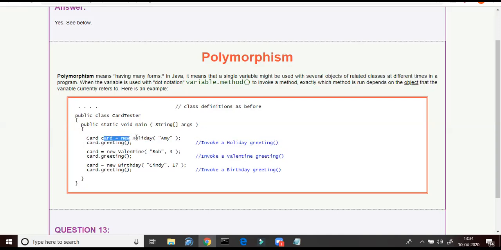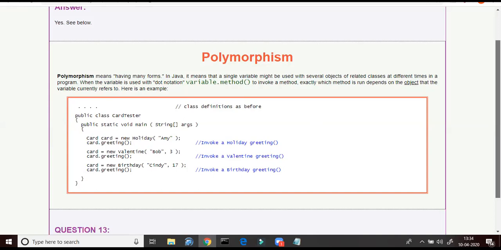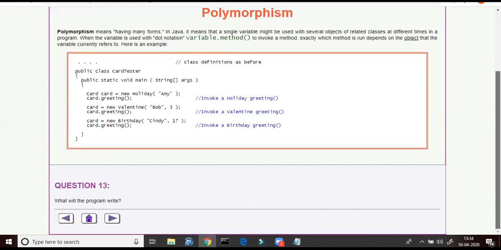If it is pointing to holiday, it will call the greeting of holiday. If it is pointing to Valentine, it will call the greeting of Valentine. If it is pointing to birthday, it will call the greeting of birthday. So this decision will be made at runtime. Making such a decision at runtime is called runtime polymorphism or dynamic polymorphism.